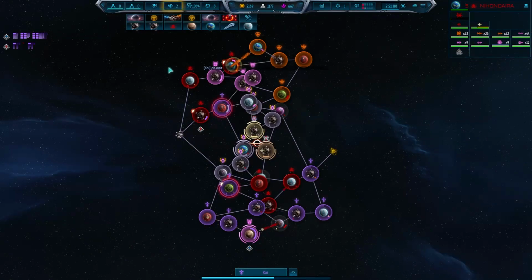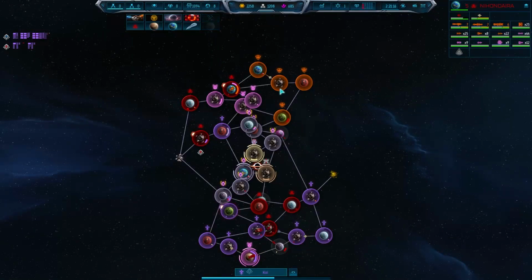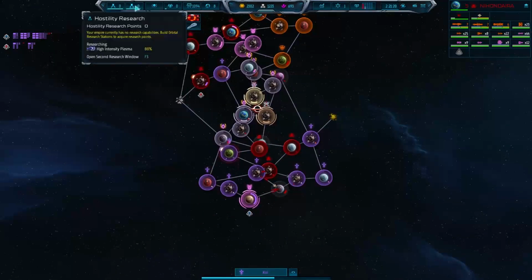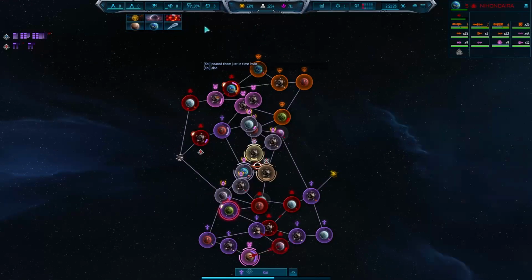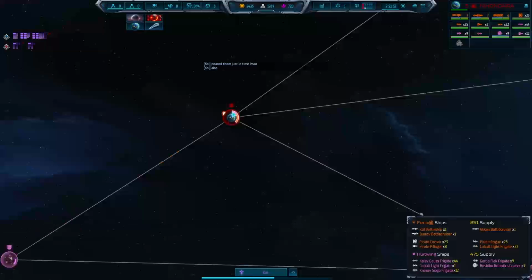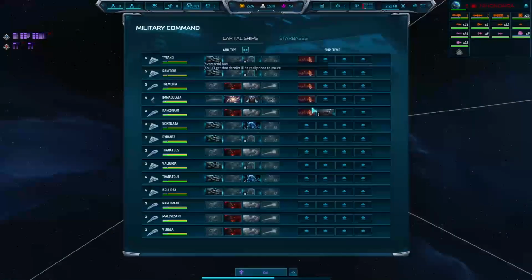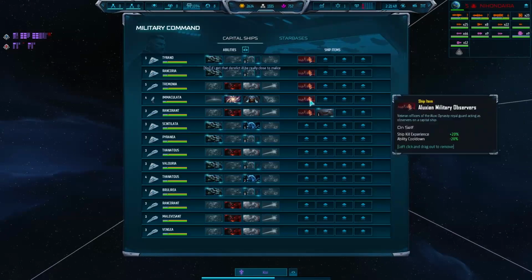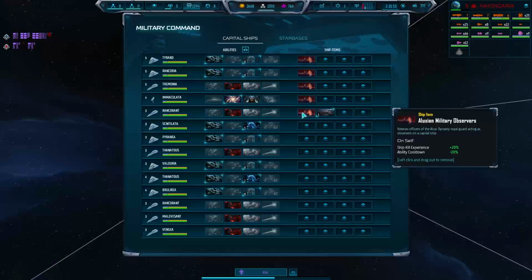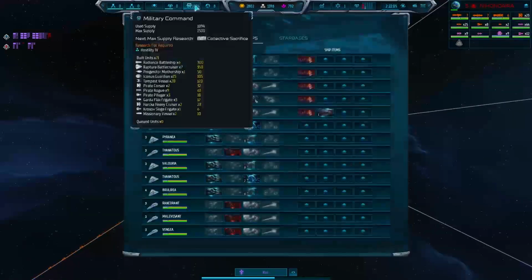All right, looking at the board, we have Koi with absolutely no tech. I cannot remember the last time in a 2-hour game that I saw a player literally with 0 tech and 1,000 fleet supply. Fleet supply wise, all right, we have the Aluxian military observers for a lot of these ships, so great benefit there. As far as other supply,